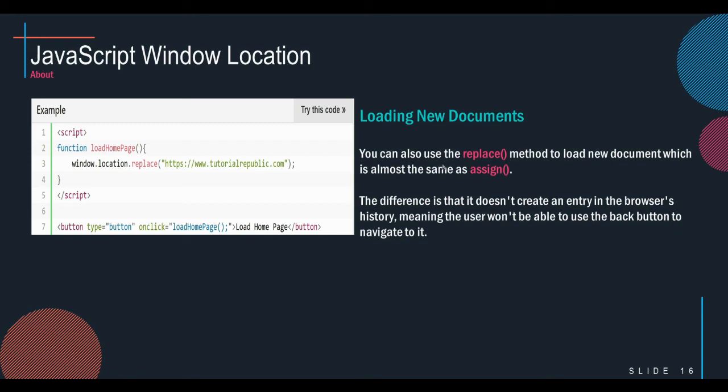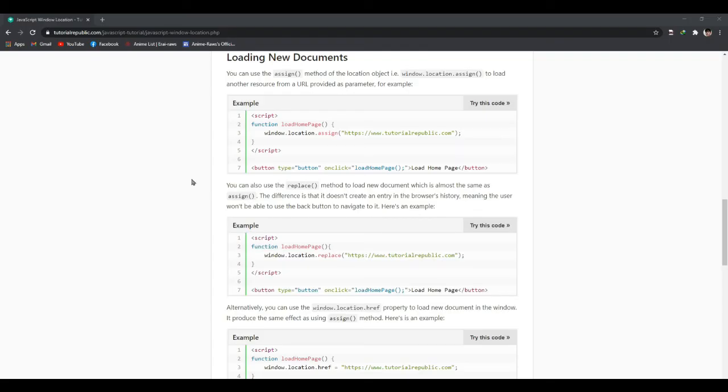So you can also use the replace method to load a new document, which is almost the same as the assign method. The difference is that it doesn't create an entry in the browser's history, meaning the user won't be able to use the back button to navigate to it. So dili ka maka-press sa back button in the browser. So the body of the code, and if we try that out,